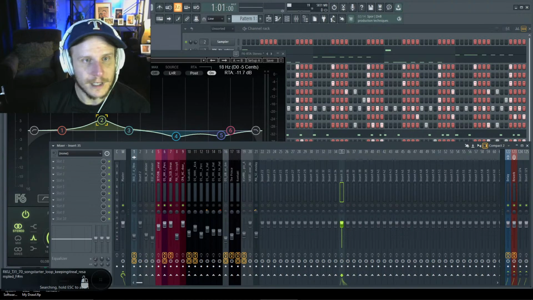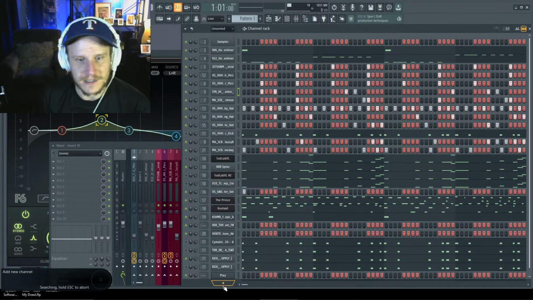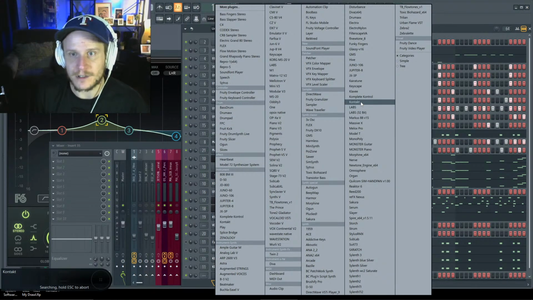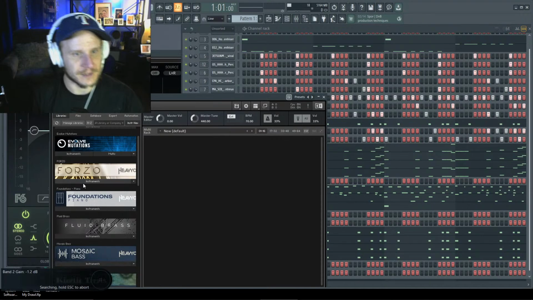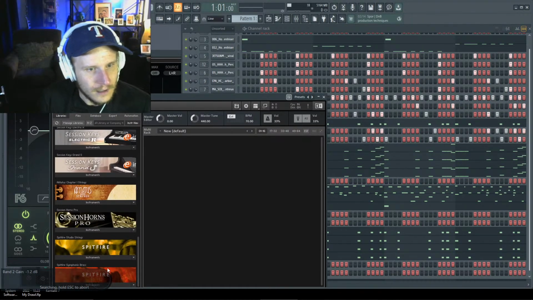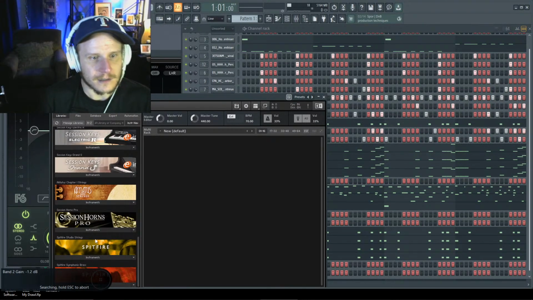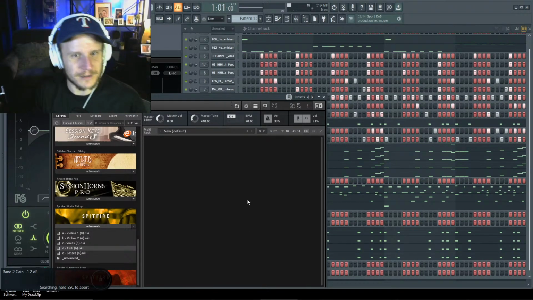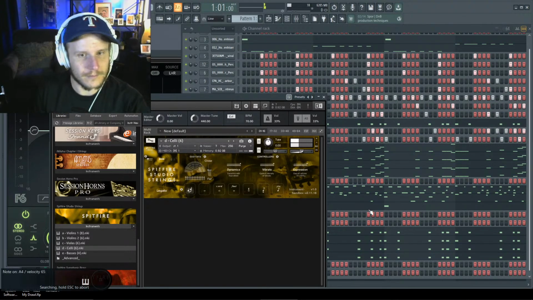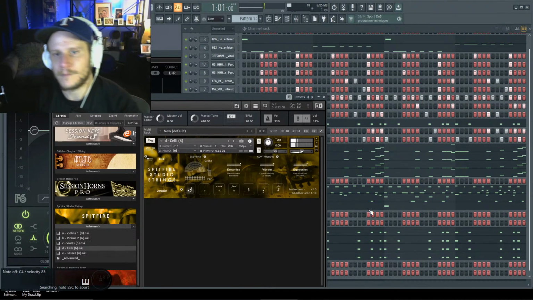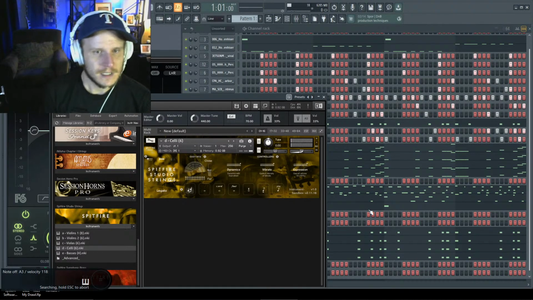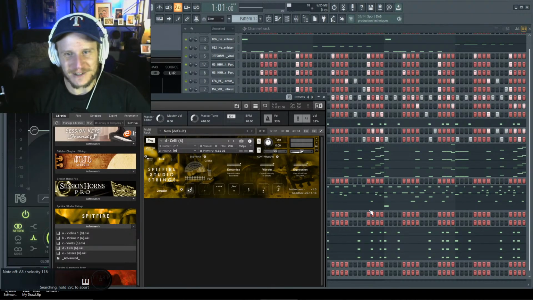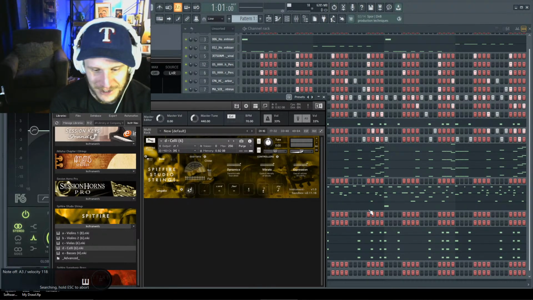So, for example, let's just say we have a string sound of some sort, right? Let's just go with strings. Bear with me here as I get this pulled up. So we're gonna go with strings. Hopefully you can hear that. So this plugin and these string sounds are really good, right? Because they sound rich and